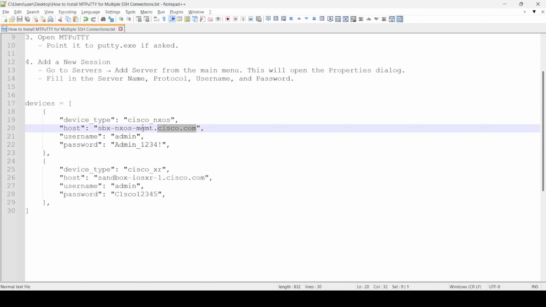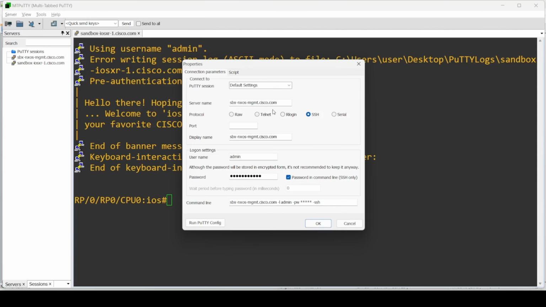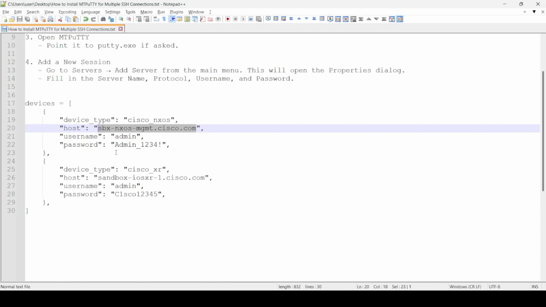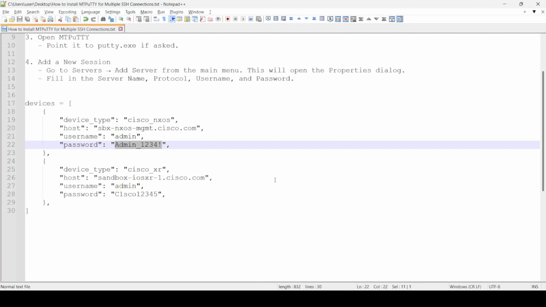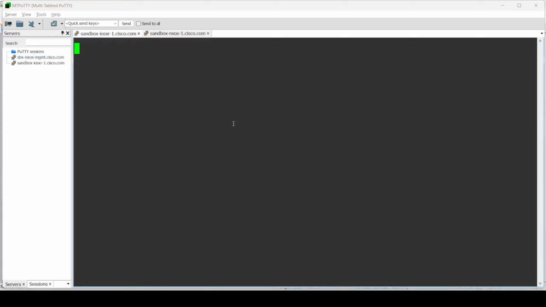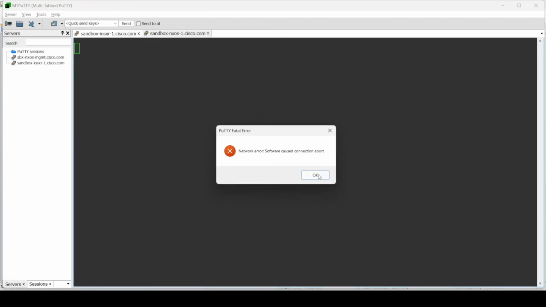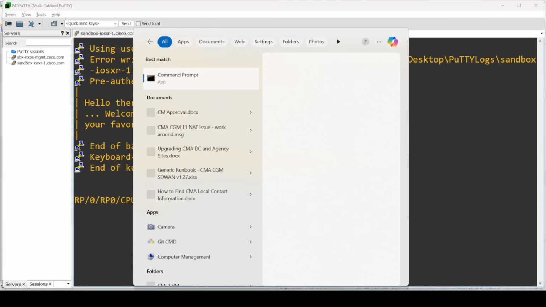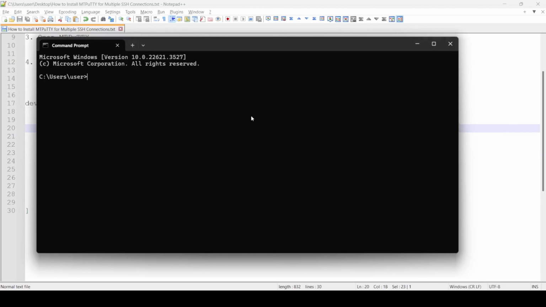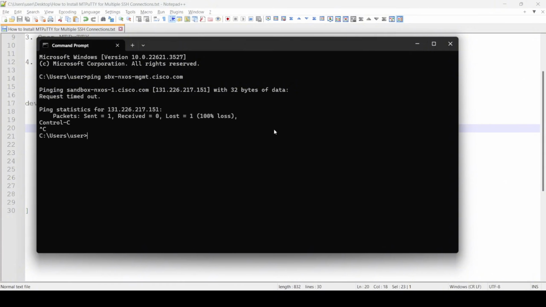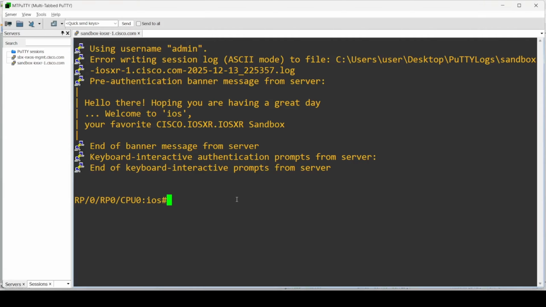Not really sure what's happening with this device. It could be just shut down right now, because we are not able to connect to it. Try again. Yeah, it's not working. I can also verify that by pinging the host name to see if it's really down. Yeah, this device is not working at the moment, but that's how you can download and install, or in my case, I didn't have to install it because I'm using the portable version,